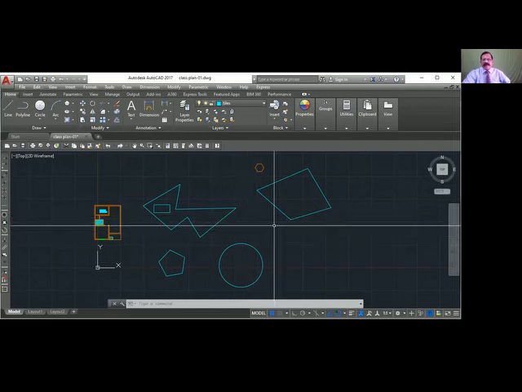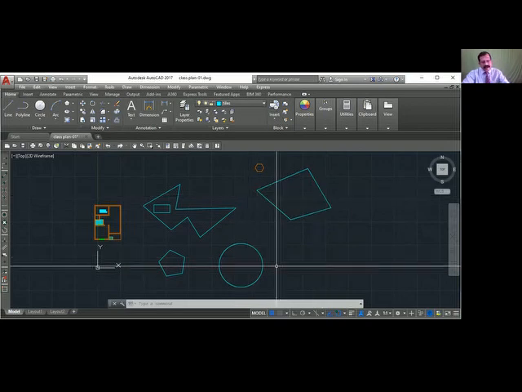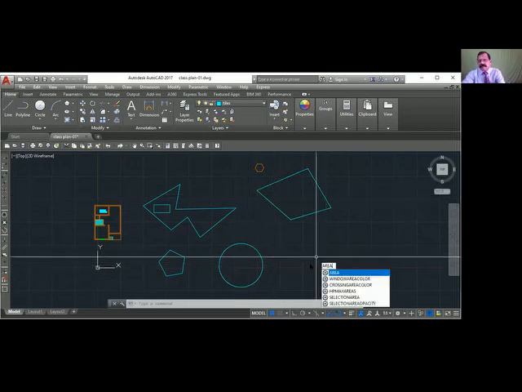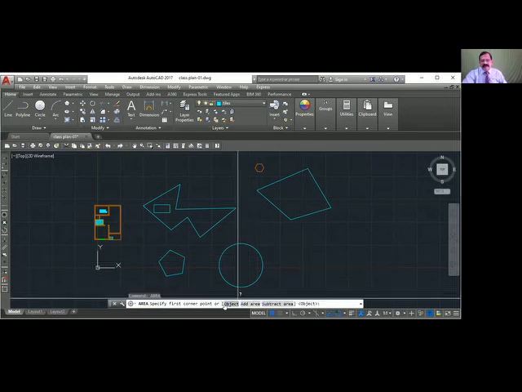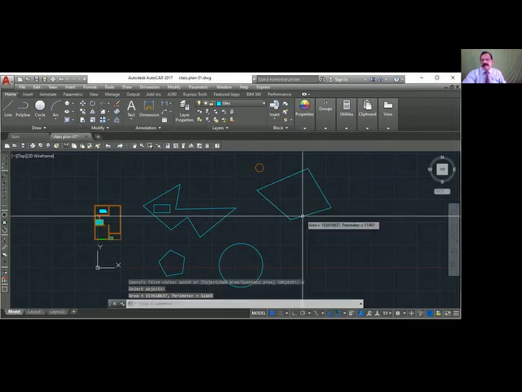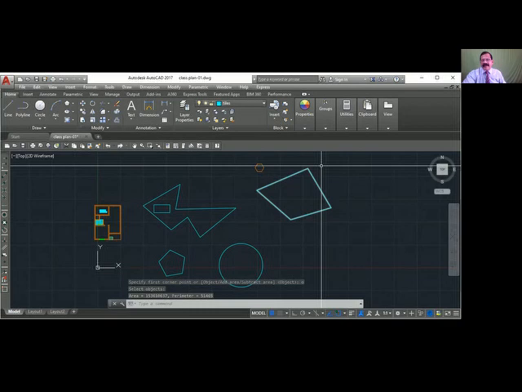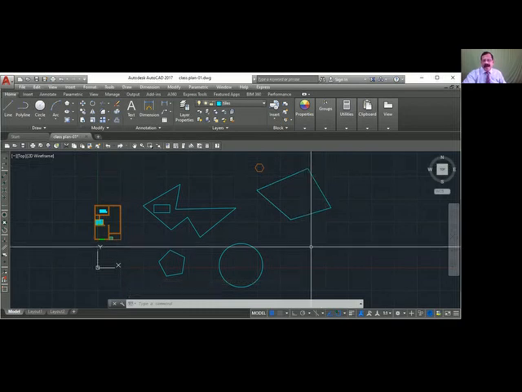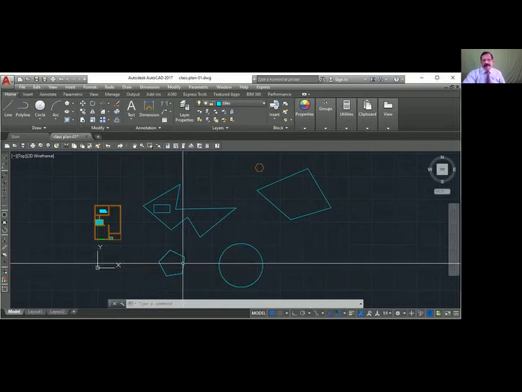Okay. Now I want to find the area of this P line. So there is a shortcut to find the area of this. When I say area, there is an object command here. Just click that object, or just say O, enter, select this. So you get the area of that. For a P line, you don't need to show the corners. Just say area, O, object. Circle is a P line, right? Polygon is a P line.